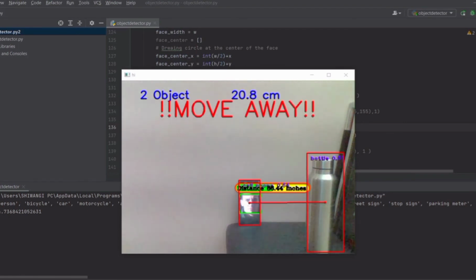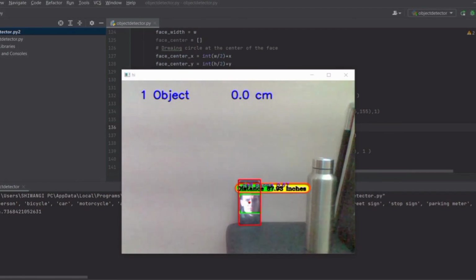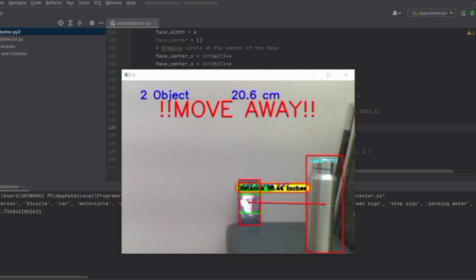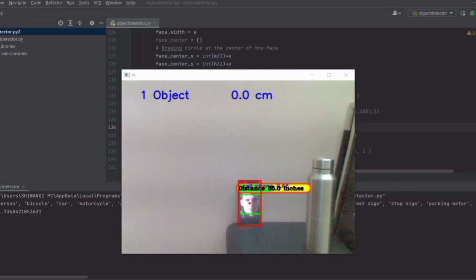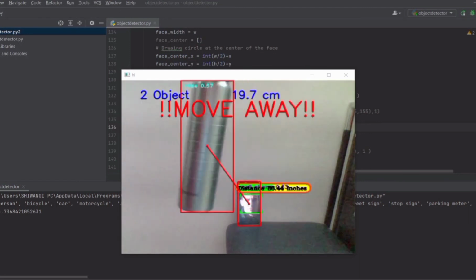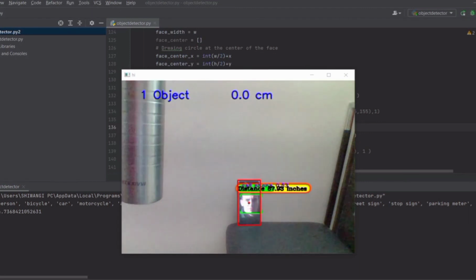So it is detecting the cell phone as well as the face, and the distance between the two is measured. It is showing this move away text because the Euclidean distance is coming lower than 25 centimeters, as I told. For a Euclidean distance lesser than 25 centimeters, it is going to show this pop-up. So when I just move this thing,